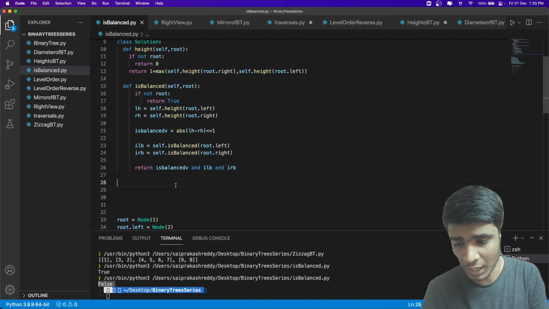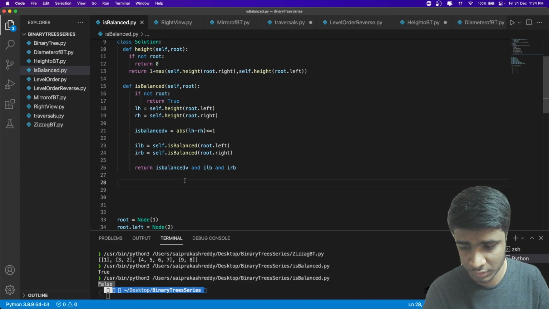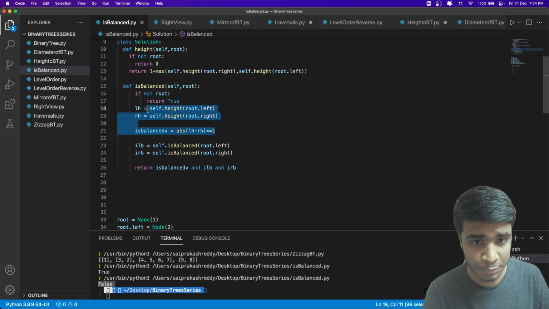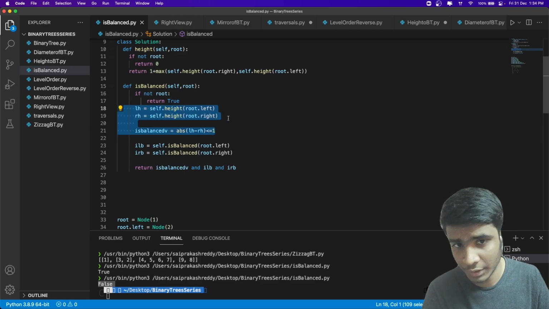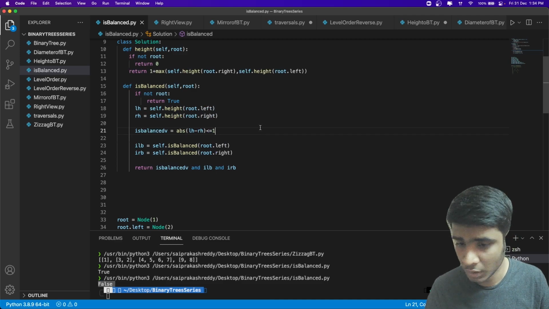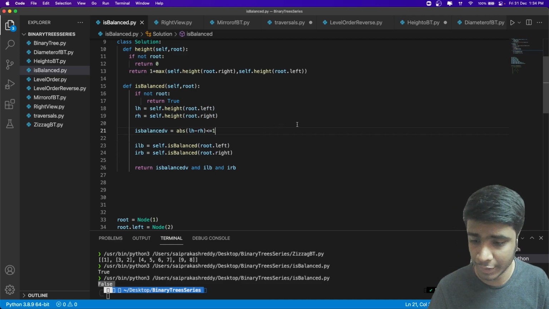You know AND, right? True and false would always give false. If at least one is false, everything would be false. That's the AND condition. And this isBalanced check is for the current node, right? So that's how you solve isBalanced. I hope this was clear, and let's move on to the next question.